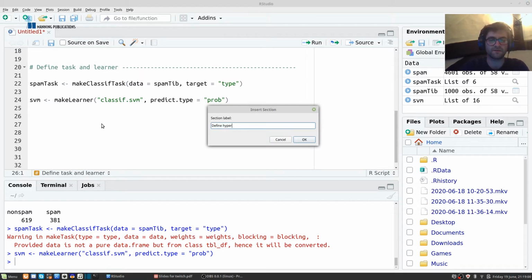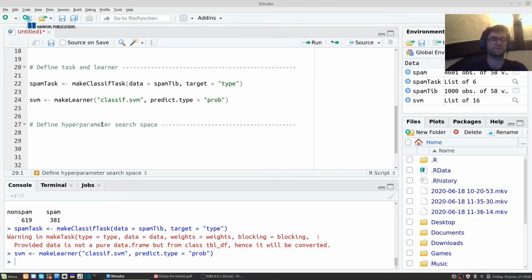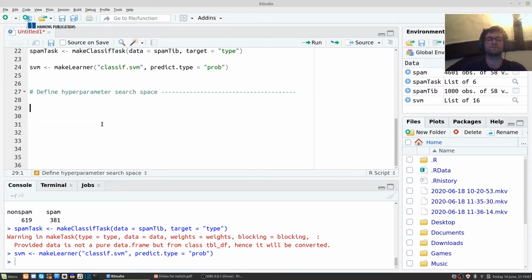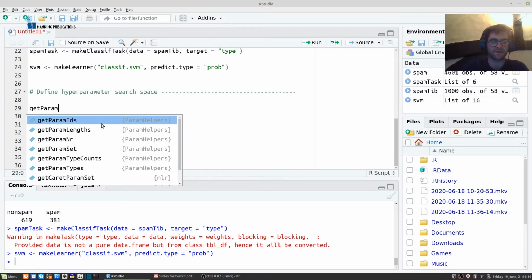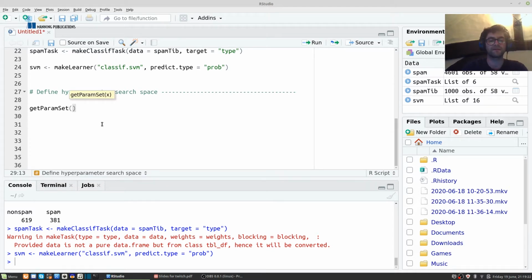Define hyperparameter search space. Okay. So if you're coming to use an algorithm for the first time, you may not already be aware of what hyperparameters it has and which ones you need to set or tune. And so the function getParamSet from the MLR package will show you all of the available hyperparameters for that particular algorithm. So if I pass this classif.svm,